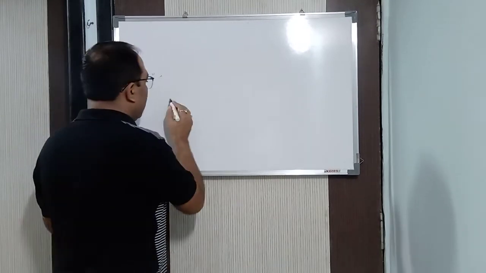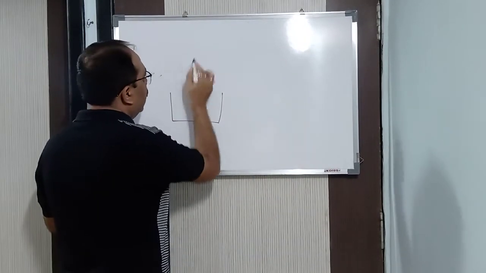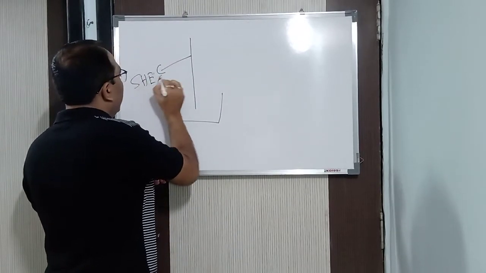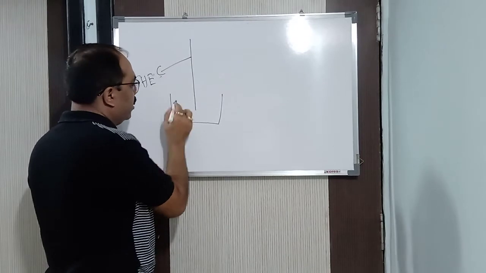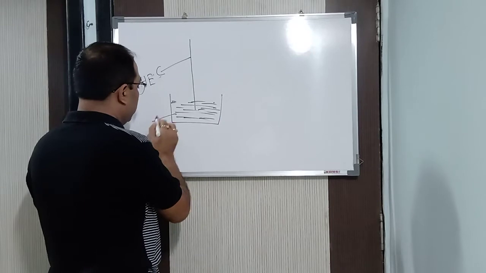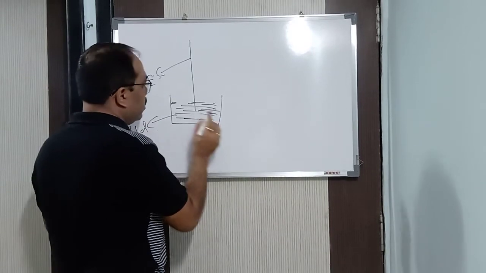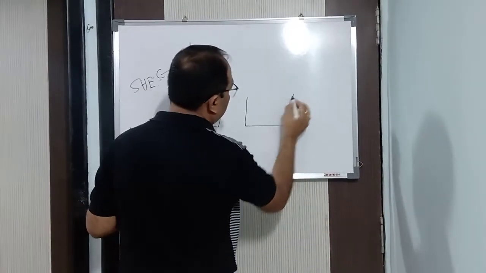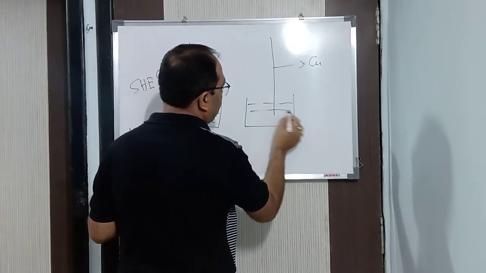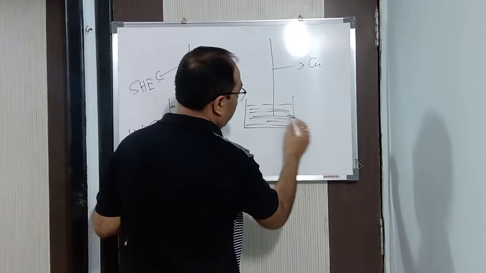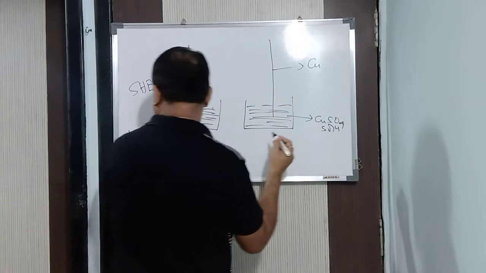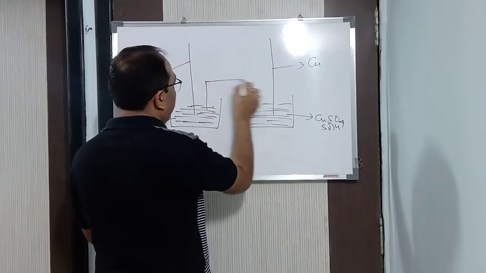For that purpose, in one half-cell I will take the SHE. This is your SHE. Let us say I am drawing a rough diagram, no need to draw a fair one. Here HCl is there, of course, that is the electrolyte. Here we will take another trough, which contains a copper electrode, and this is your copper sulfate solution, CuSO4 solution. Clear? Next, we will connect it with the help of a salt bridge.